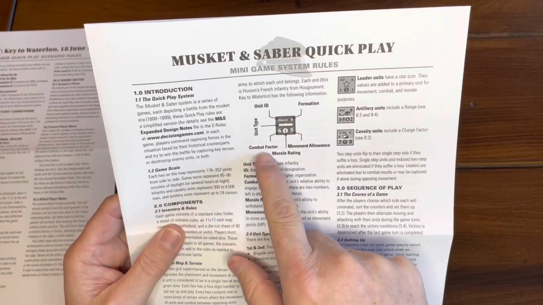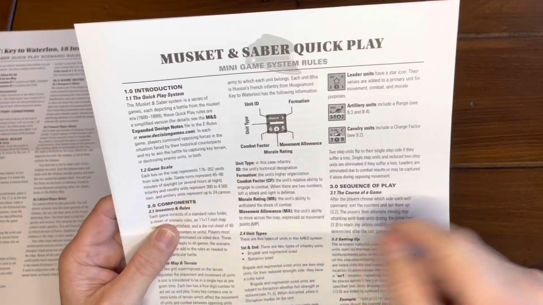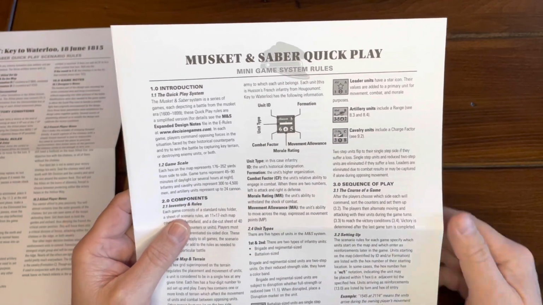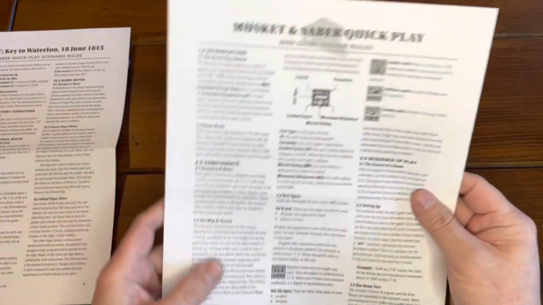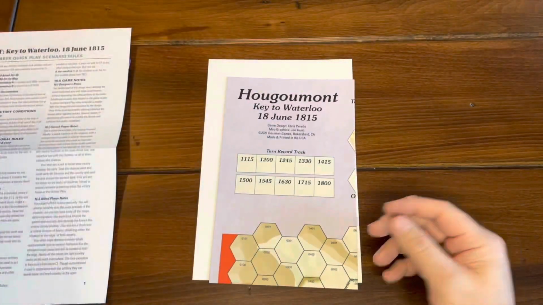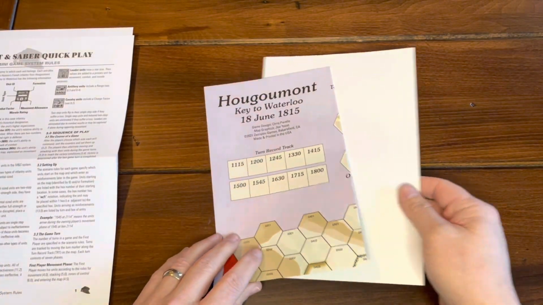Your counters here, you have combat factor, morale rating, and movement allowance. And then you have your ID stuff, like the formation it might be in and the like. So that is the rules. Again, 5 pages with a page of charts, and then you've got 2 pages of the specific rules for this